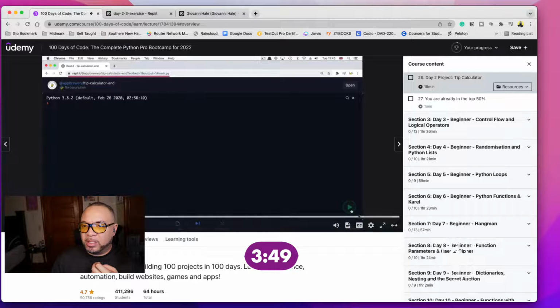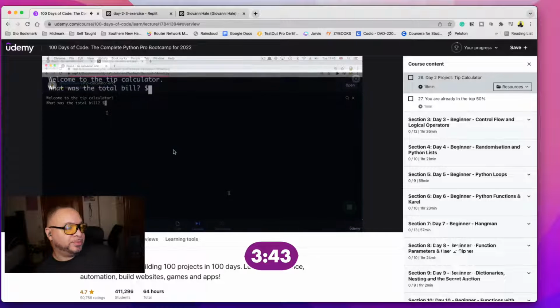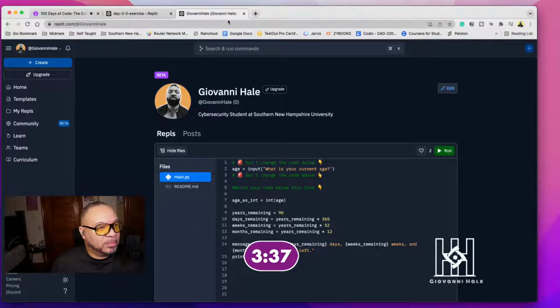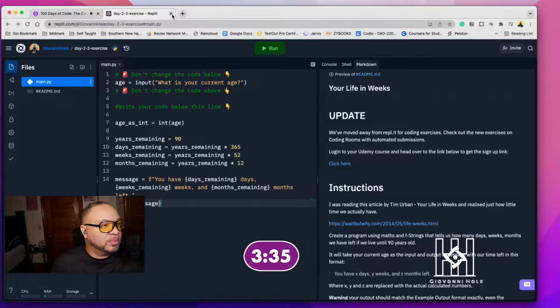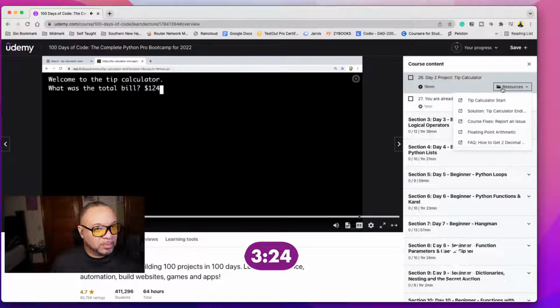Hey guys, welcome to the final project of today. And in this final project, we're going to be building a tip calculator. So the final output is going to look like this. It's going to print welcome to the tip calculator, and it's going to ask you for an input for how much the total bill came to. Let's say that we and a couple of friends went out for lunch and it came to